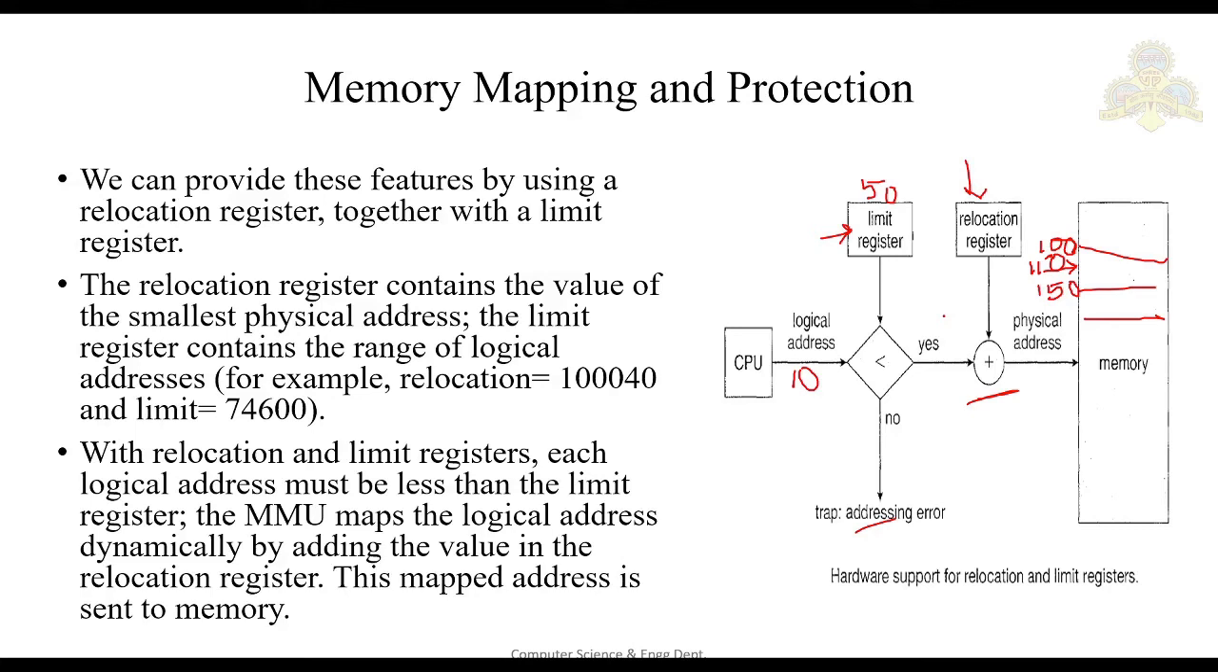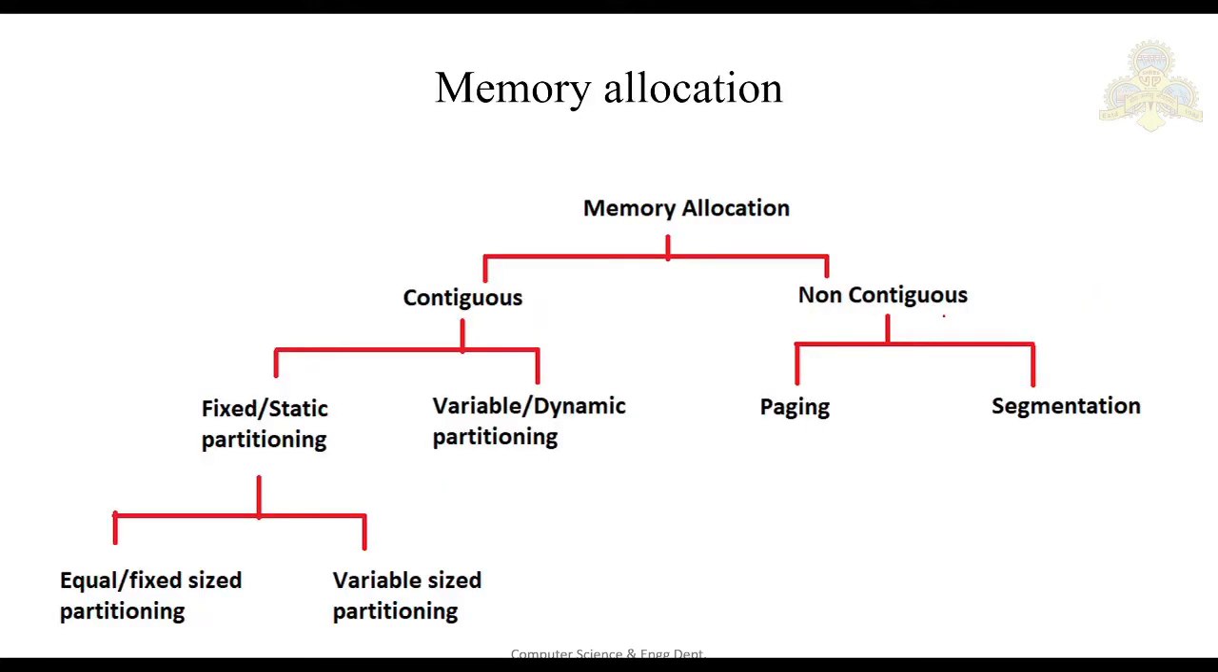So next we'll see about the classification of memory allocation. Memory allocation is nothing but allocating memory for the process, that is how your operating system saves or stores the process in the main memory. Basically it can be contiguous or non-contiguous. Then contiguous memory allocation is again classified into static or fixed partitioning, then variable or dynamic